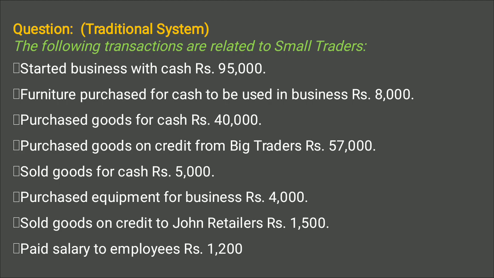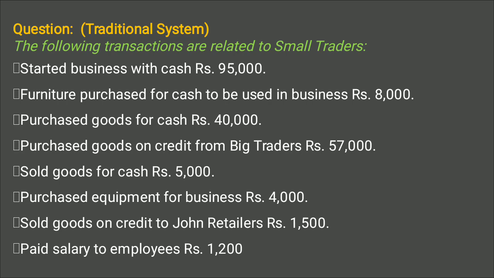The next we have sold goods on credit to John, retailer. So we are selling goods, that's why we use the word sales. One item is sales, which is going to be affected, and another item is the name of the party, John, retailer, because John is a debtor in the business organization. Next we have paid salary to the employees, salary and cash. Salary is a kind of expense which we have to pay, and our cash will decrease for the same. So this was the way how we have to identify items which are going to be affected in the business organization.